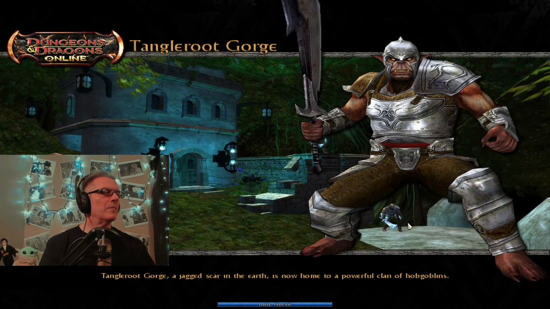The hobgoblins here do not seem hostile. In fact, their chief beckons you closer. You have found the mouth of Splinter Skull. The shouts of hobgoblins echo from...